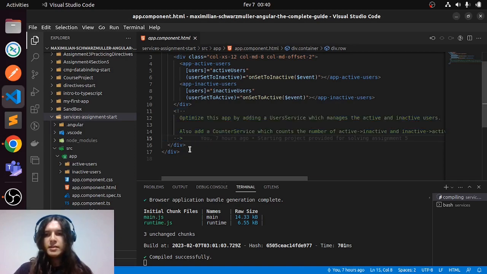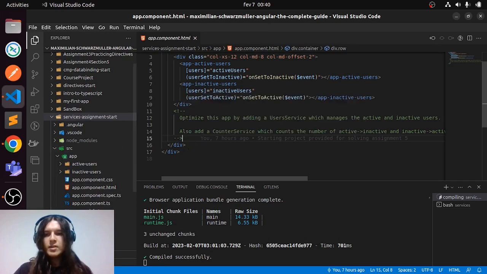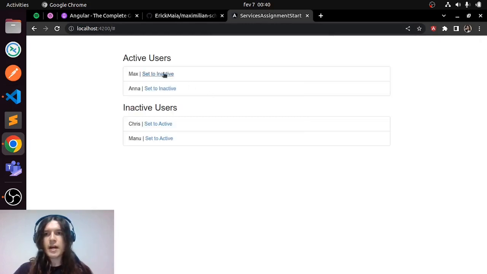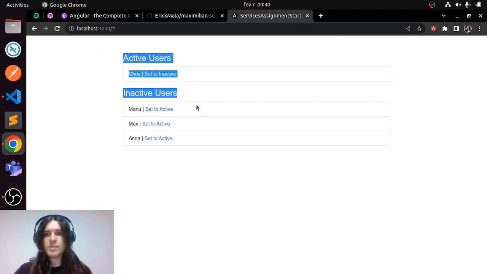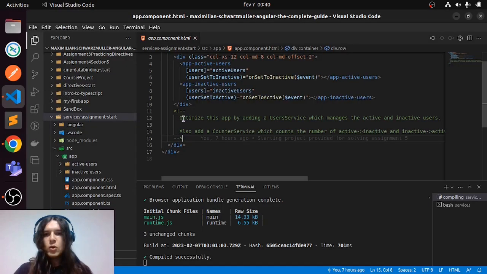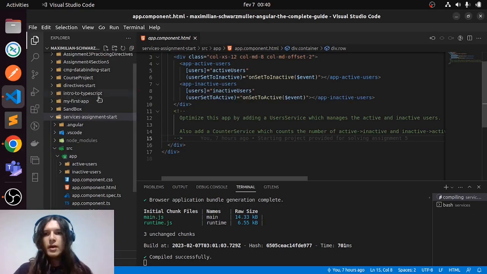I updated the Angular version of this project from version 11 to version 15, and the project is already running in my browser, as you can see here. Basically we have a list of active and inactive users. We may set some to active and set some to inactive, and we have this pair of improvements to this process. Nothing will change in the final result here, but we will